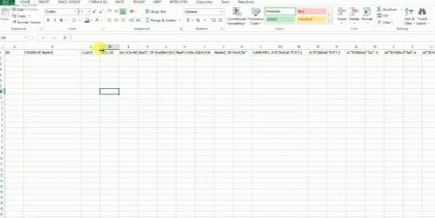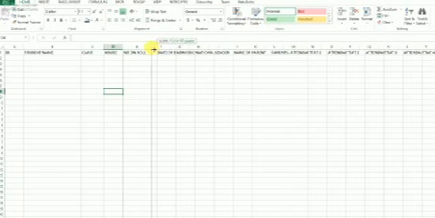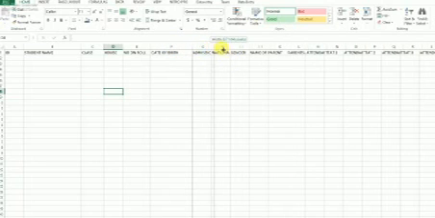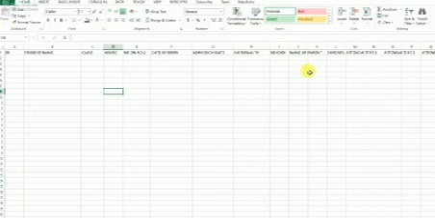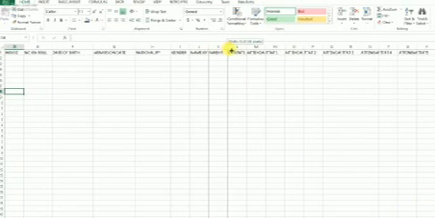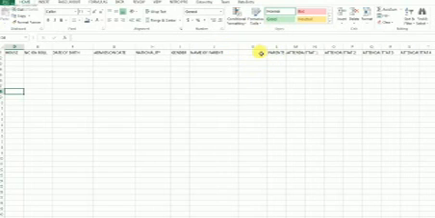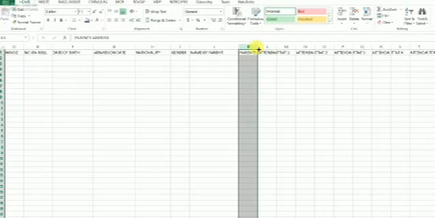So we have class, house, number on roll. Then we have date of birth, admission date. We have nationality, gender, I think that one is okay. The name of parents, you have to adjust it. So this column should be out. Then we have parents address.